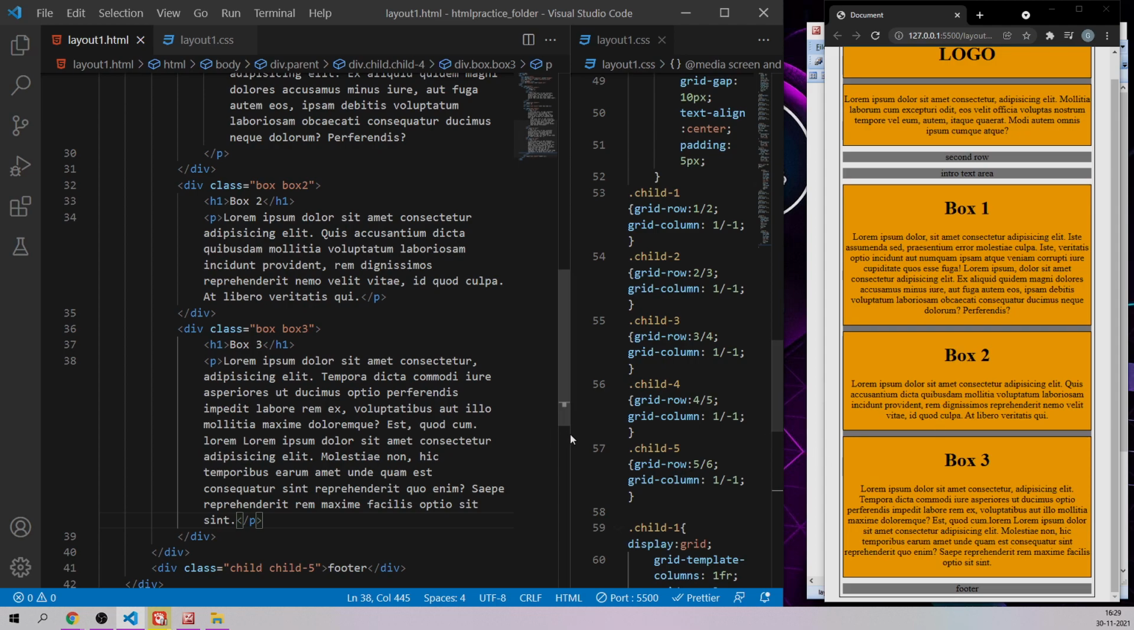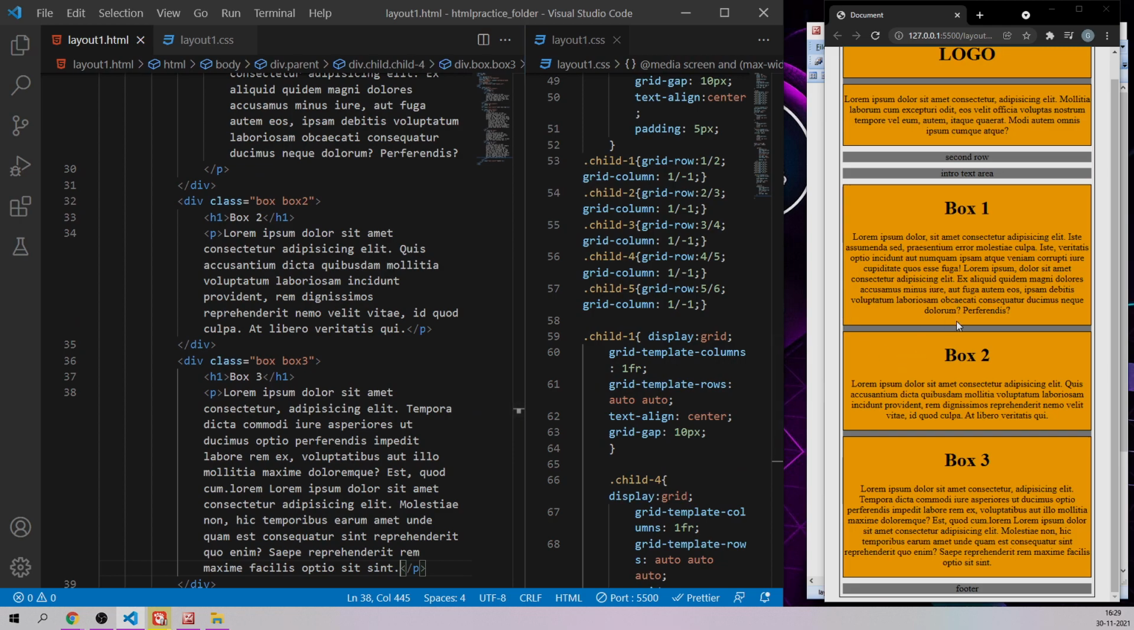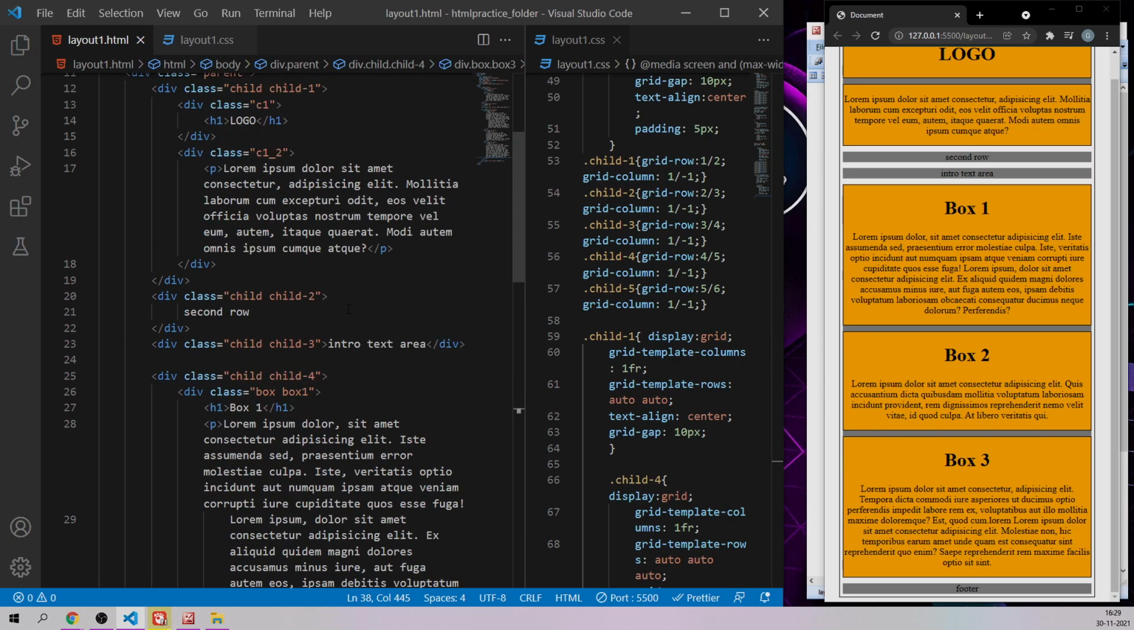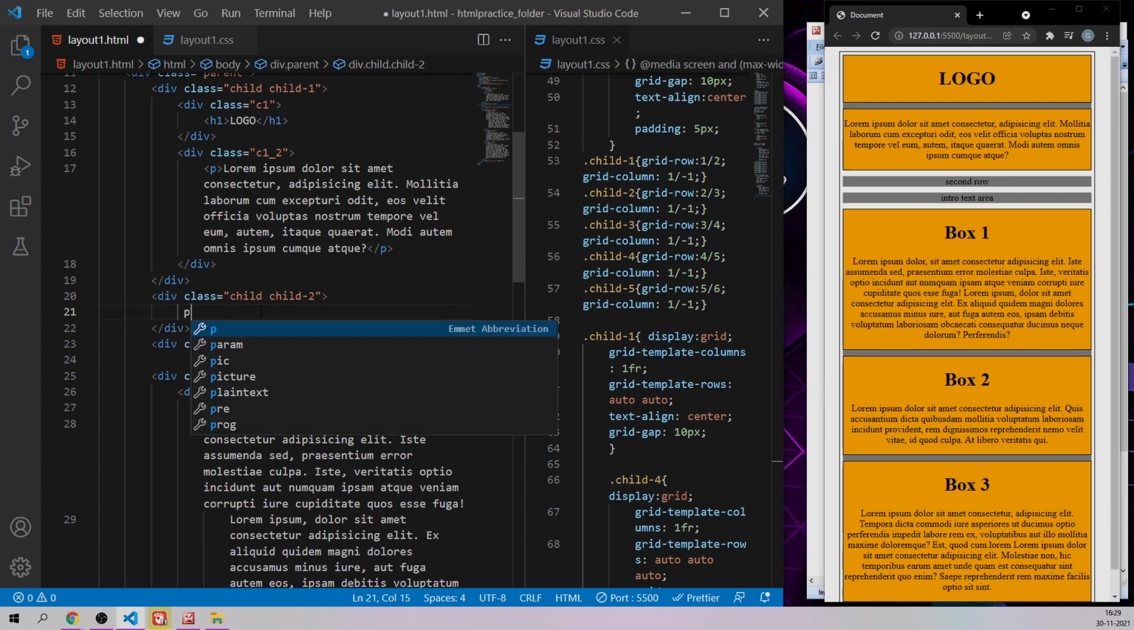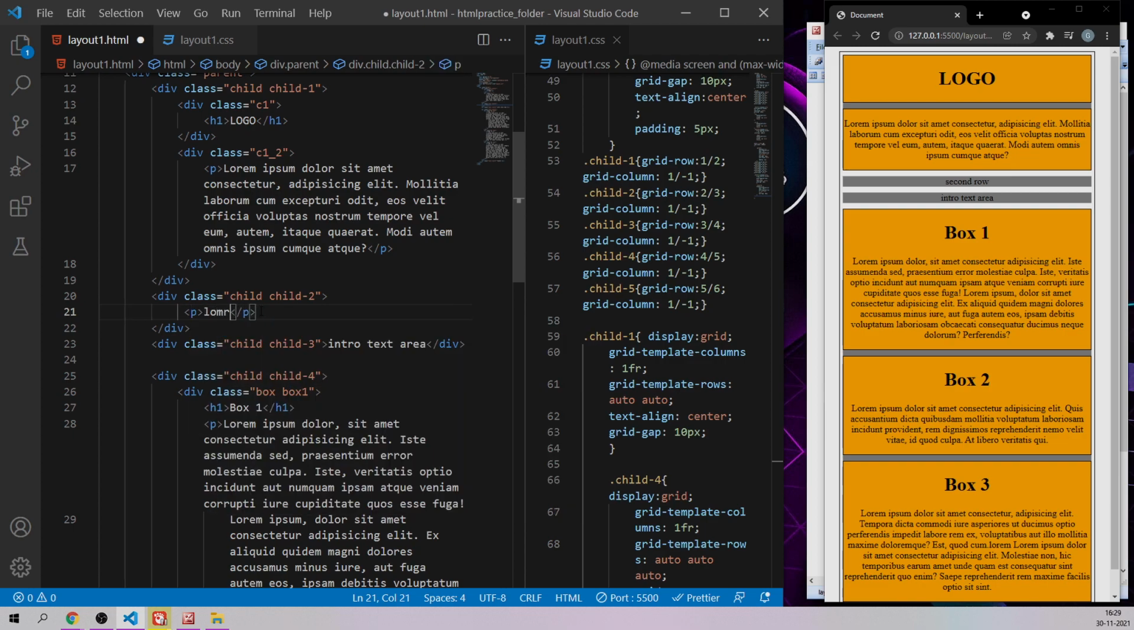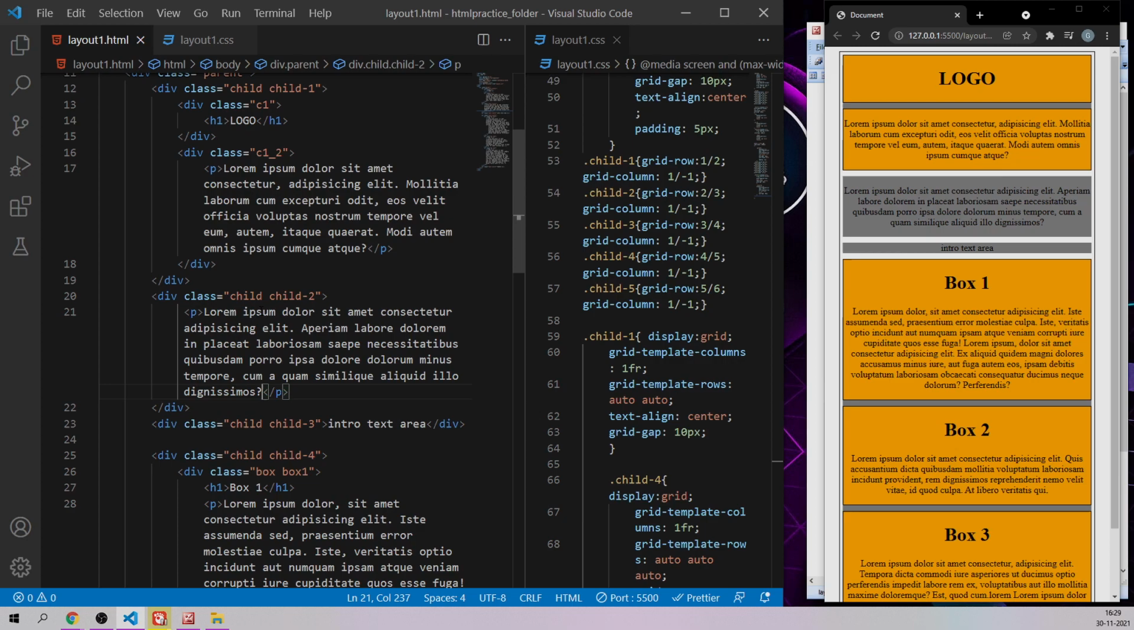Now what you have to do is, your child elements are like this, and in the second row, intro area text and all those things are there, right? Instead of saying second row and everything, you can give proper contents. So let me just remove this, and let me have a paragraph. Simply one simple line of code is, I think, enough. And see guys,